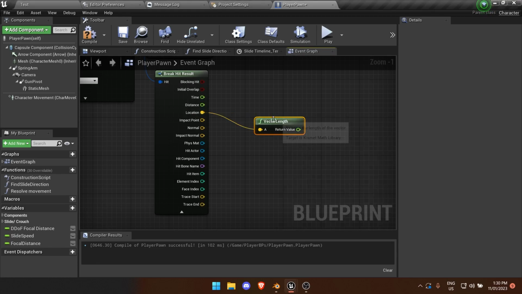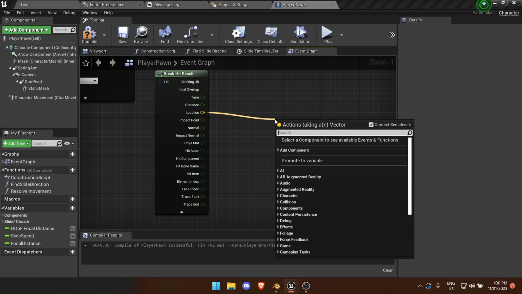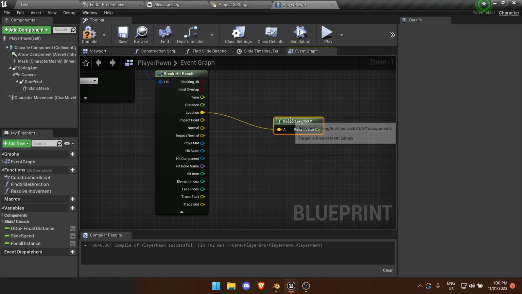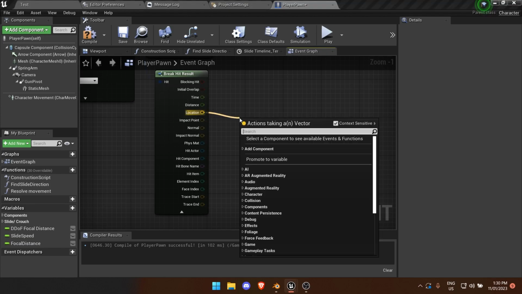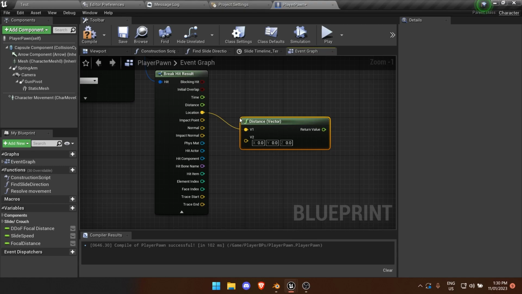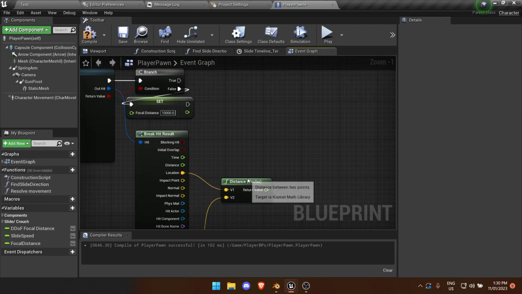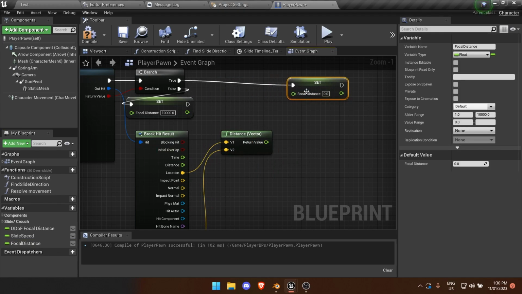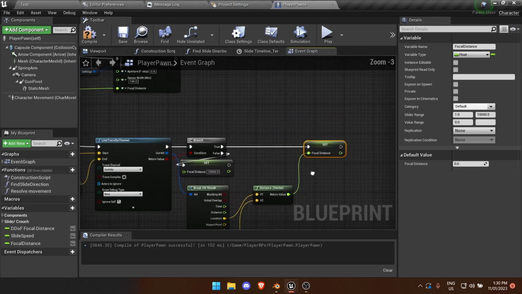Is this it? No, wait, what am I looking for? Oh, it was distance, I was correct. Okay, there you go. So you want it from the trace start to location, and set focal distance to that,